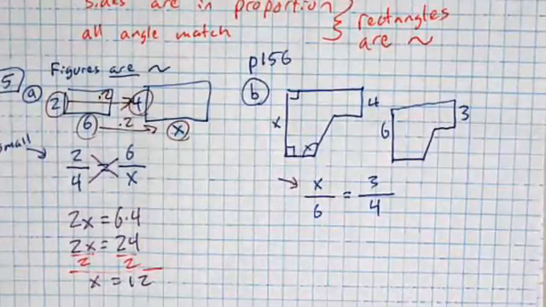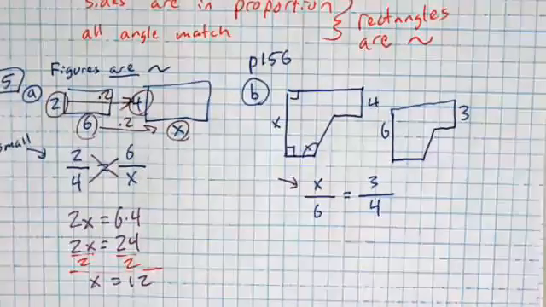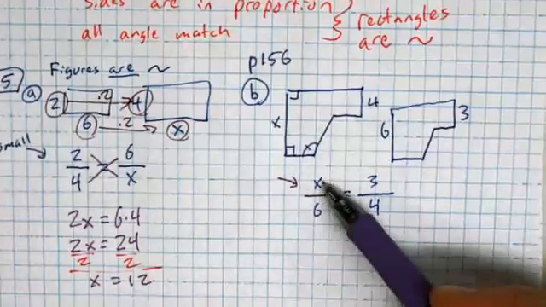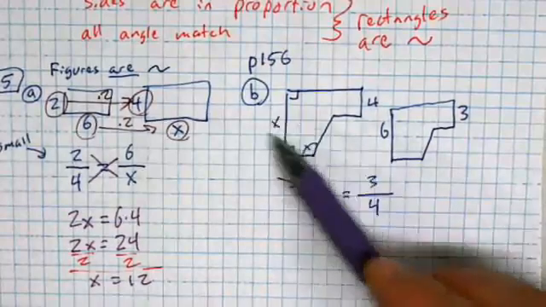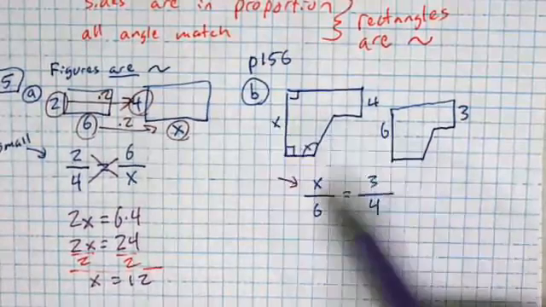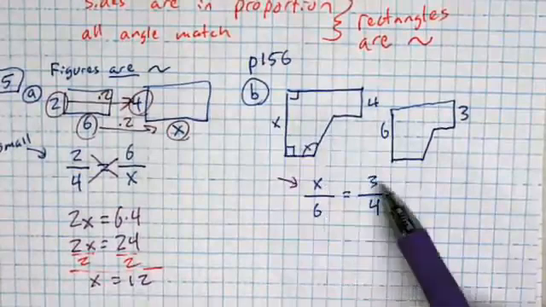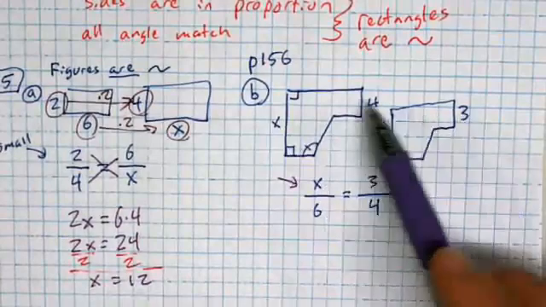All right, did anybody write the same proportion that I did there? I better double check and make sure this is right. When I did this one, X and 6 definitely match up, so that's good. I chose to put the bigger one on top and the smaller one on the bottom this time. And then when I did the 3 and 4,